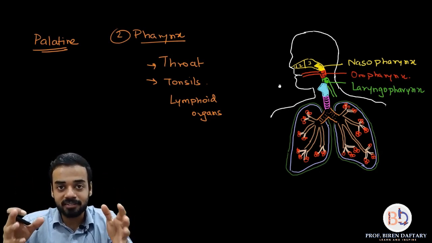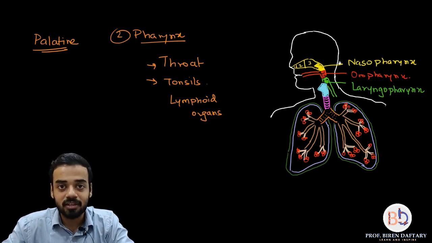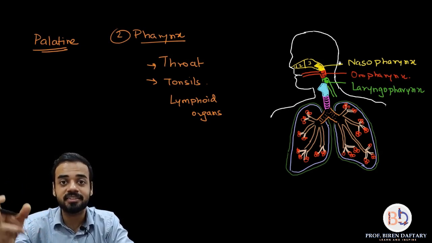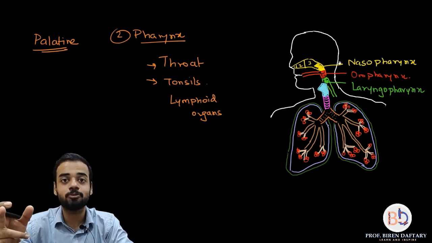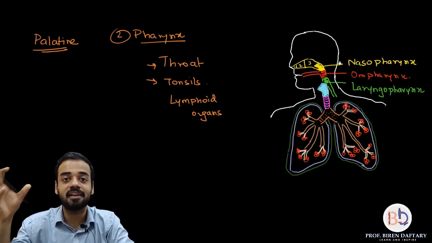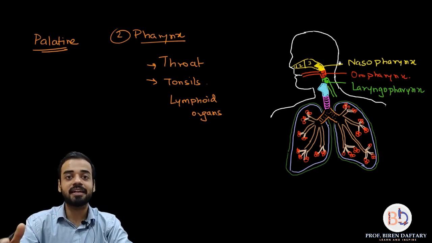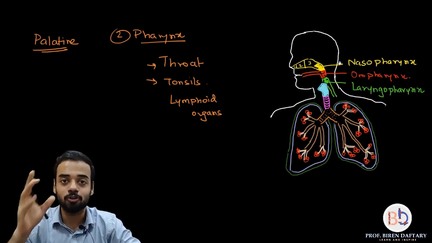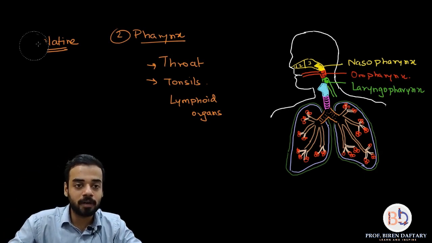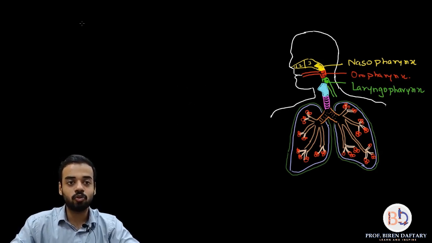I hope this part is clear, and these three different parts of the pharynx are clear. Which is the anterior most part or the first part of the pharynx? The answer is nasopharynx. Which is the posterior most part or the last part? The answer is laryngopharynx. Laryngopharynx is the last part of your upper respiratory tract. After that the next part is the larynx, which is part of your lower respiratory tract. Is this clear? So with that we have completed two parts of your respiratory system, which are the nose and the pharynx. Now let us go further.